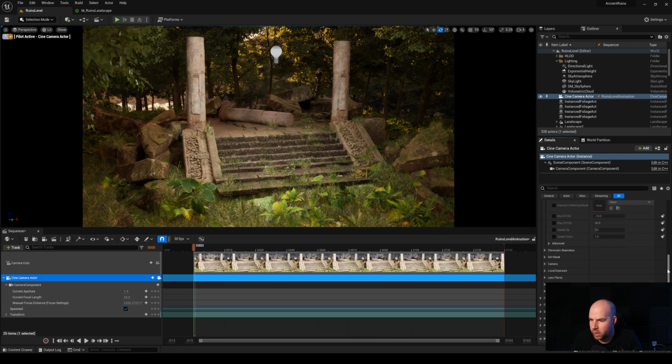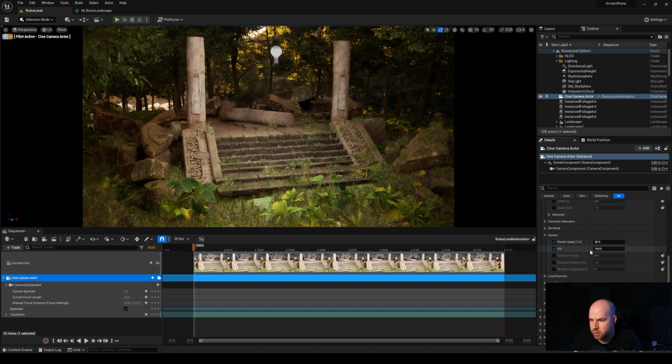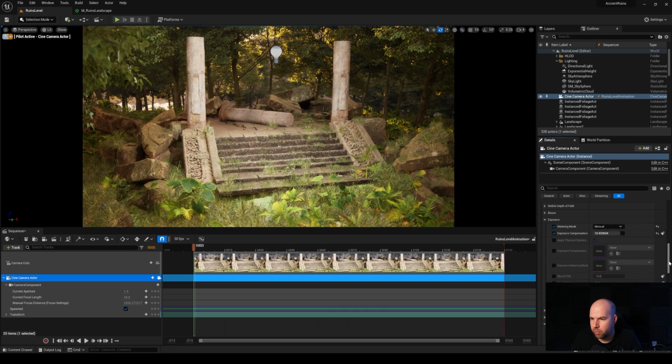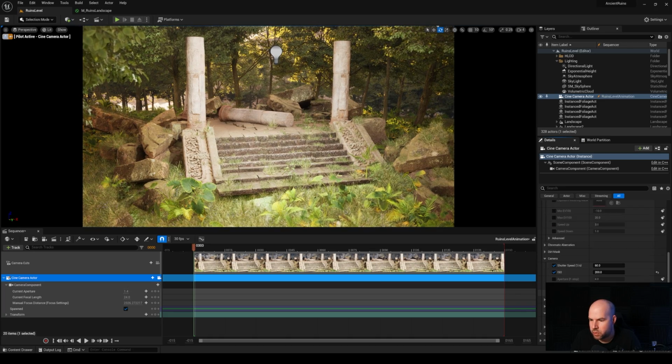And additionally, we can go ahead and enable some image effects like vignette, and then in the camera options you can edit the shutter speed and ISO, and you can see this becomes brighter, and then play with that exposure compensation. Okay, something like this. And of course we can add some lens flares here,